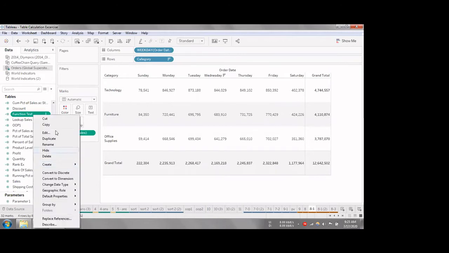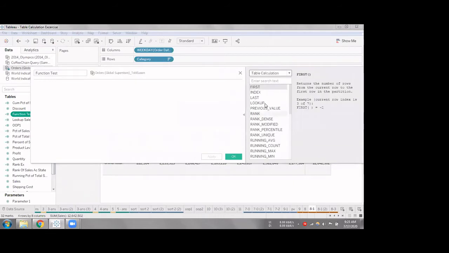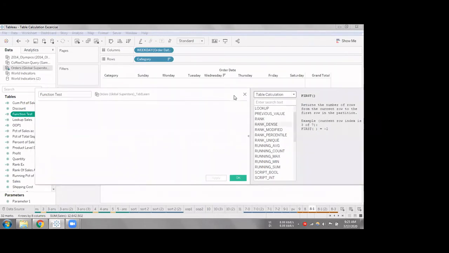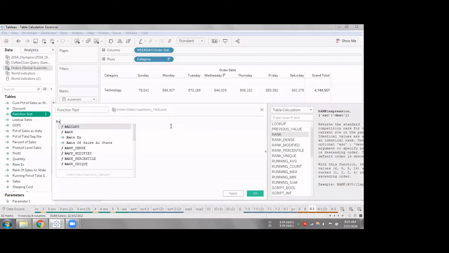So let me go to the functions that we have. Table calculations. We saw index, first, last, lookup, previous value also we saw, and we have the rank function, which is pretty much the same, you can understand. Basically, it gives us the rank of sum of sales.